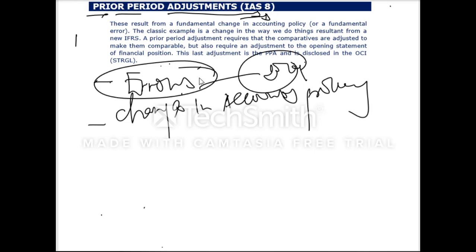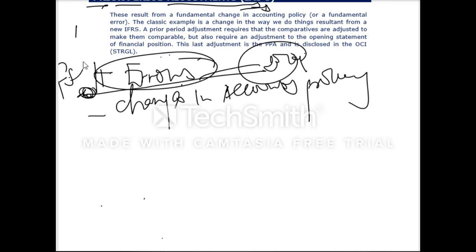What do we do? We go back and make changes in the financial statements of last year. And if there is any resultant change, let's say in retained earnings, it has to be reported in the statement of changes in equity, showing a change in the retained earnings.